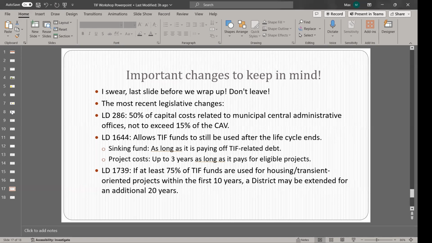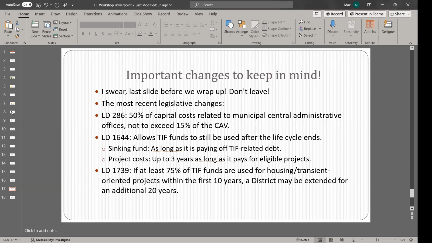And then, if you don't have a big project like that, you can also use the remaining funds to go into these project costs, these smaller projects that we just talked about. As long as you have some projects left, you can put the remaining TIF funds into this account for up to 3 years to pay for these smaller projects. At the end of that third year, any funds that are left in your TIF account do go back into the general fund. And they are then divided by the same values and accounts that we were talking about earlier.